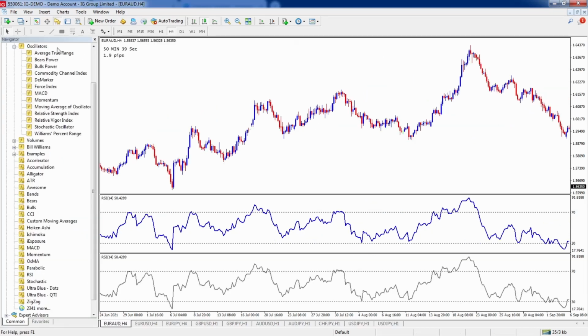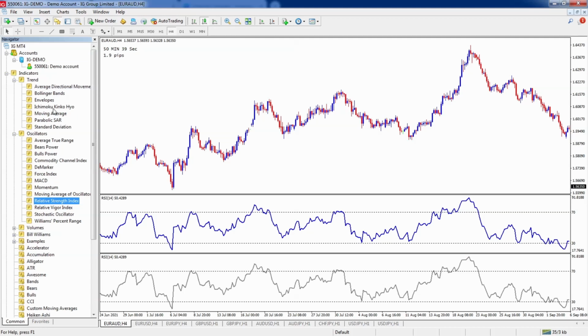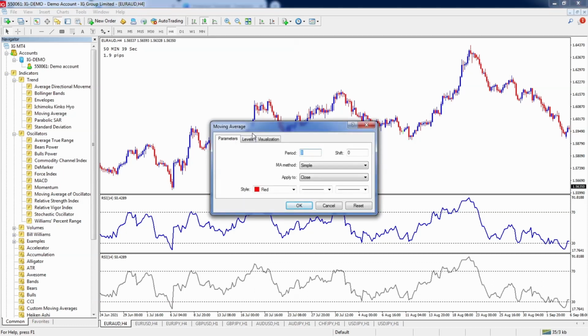So I'll go to the navigator window, and under trend, I'm going to look for my moving average, and I'm going to drag that onto the RSI. If I drag it onto the chart, it is going to add the moving average to the price. I don't want that. I want it on the RSI. So I'm going to drag it into that RSI window. Now I'm going to get this pop-up box. So the parameters that I'm going to use will be 8 period, simple moving average.